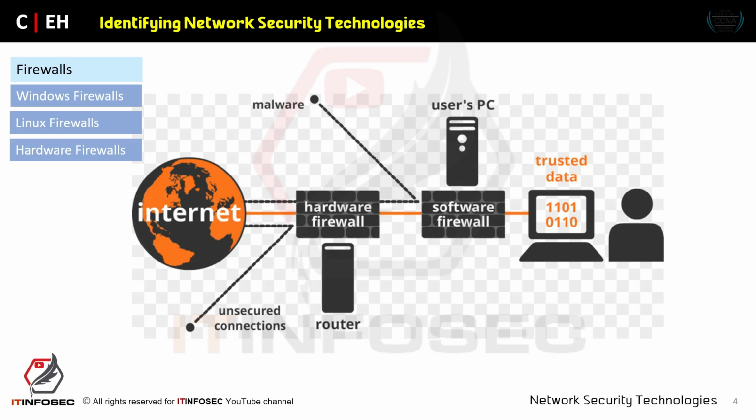If the data is not allowed to pass, the firewall will block it and drop the packet. In each network, maybe we have one firewall or more than one. For example, in this picture, you can see we have two firewalls. This is the internet, this is our local area network or LAN, this is the hardware firewall, and this is the software firewall. Maybe one packet enters from the internet to our network, and based on predefined rules on the firewall,